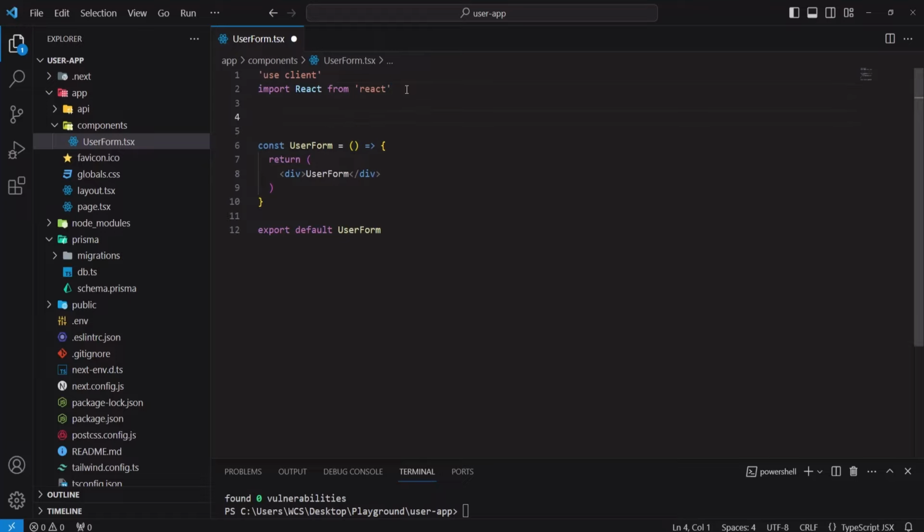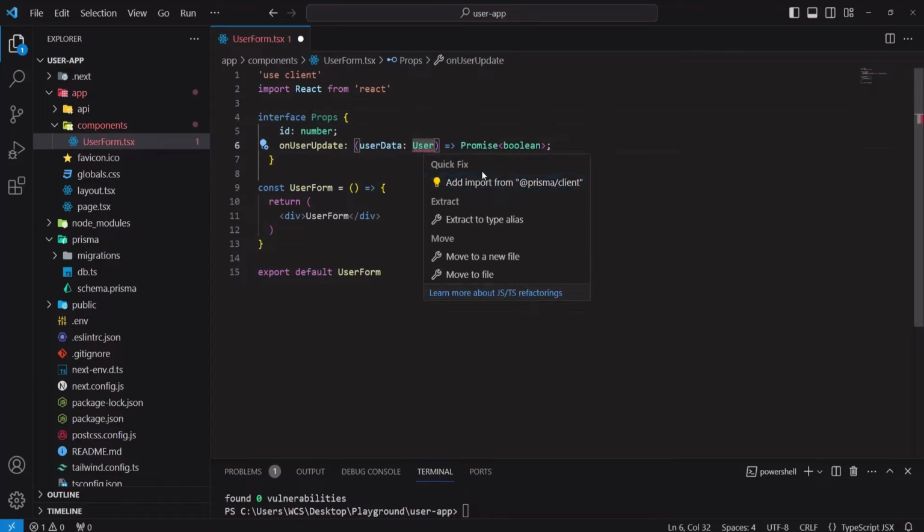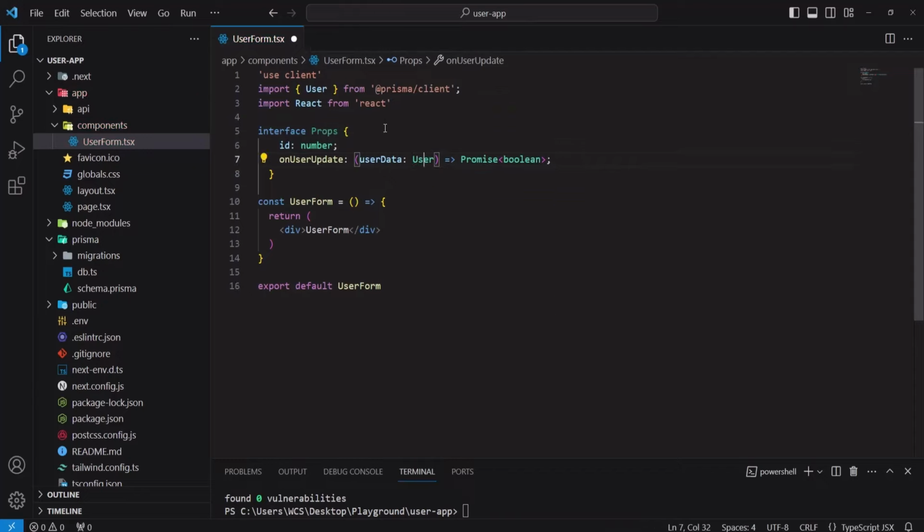So let's add the interface for that. So this is a simple interface. Let's add this user from Prisma client. So let's format this,